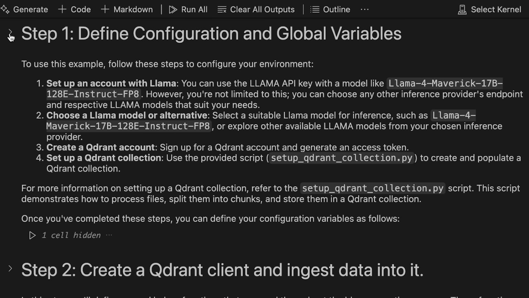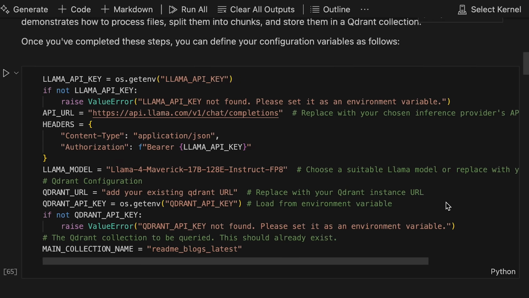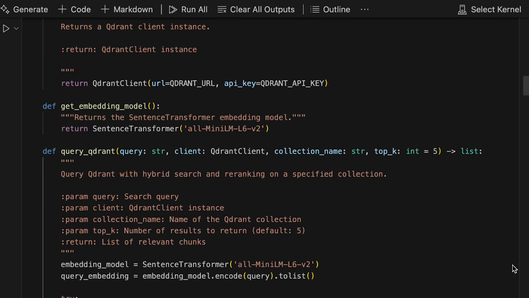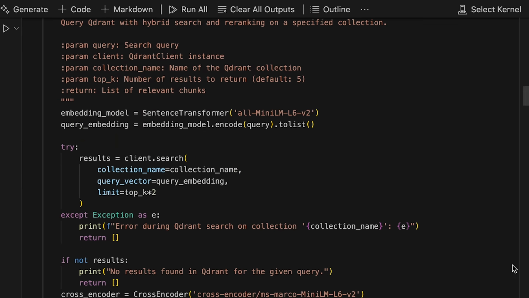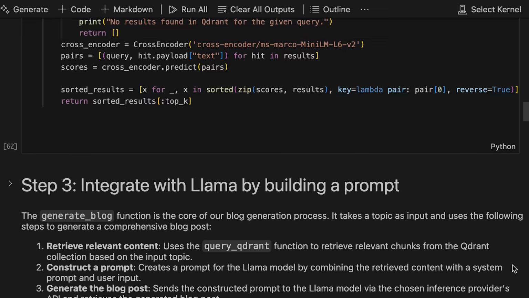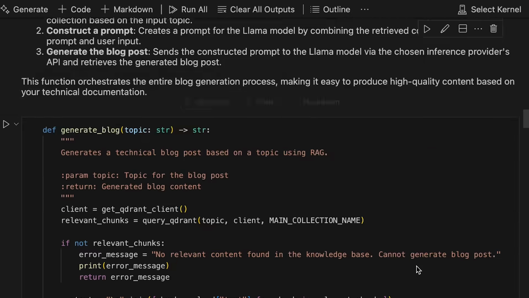Here are the steps involved. The first step is to define configurations and load data. This involves setting up the necessary parameters and loading the required data into the system. Next, we create a Qdrant client and ingest data into it. We then query Qdrant for relevant chunks of information related to the topic we are interested in for building a blog. Now, we integrate with Llama by building a prompt that includes the context and requirements for generating a high-quality